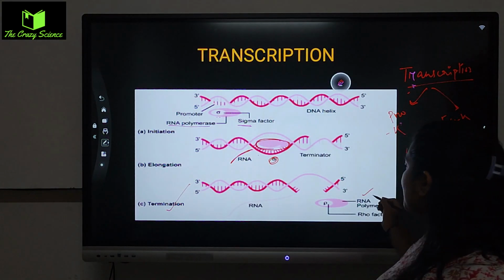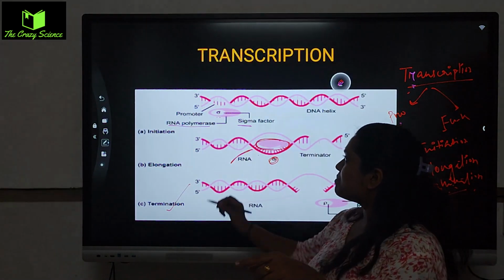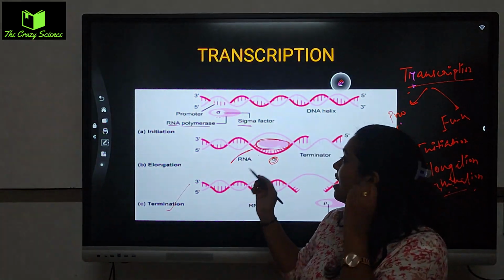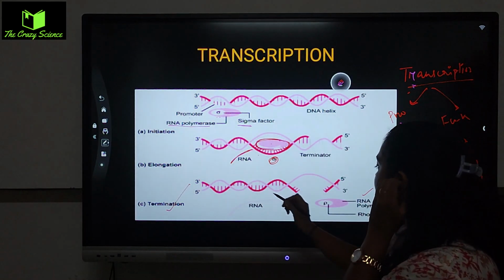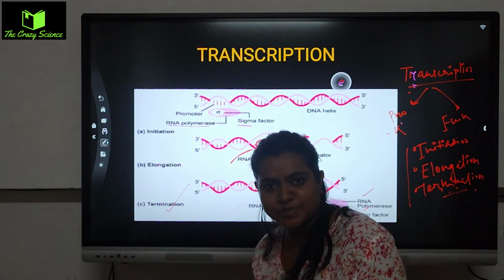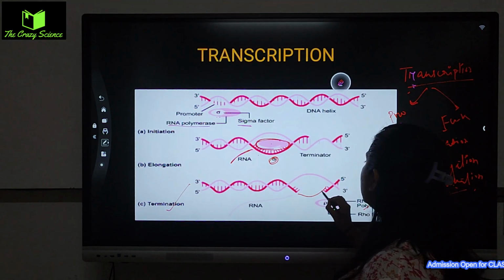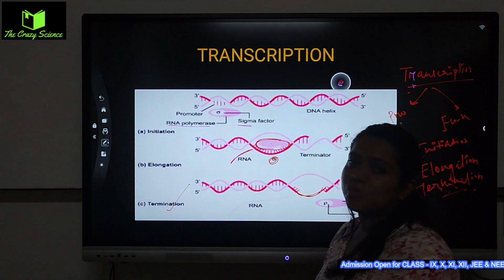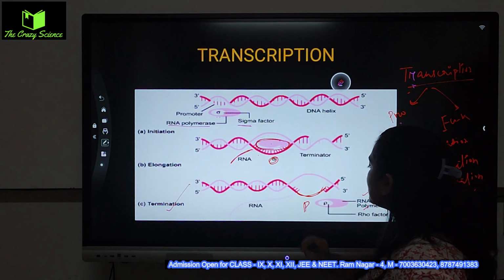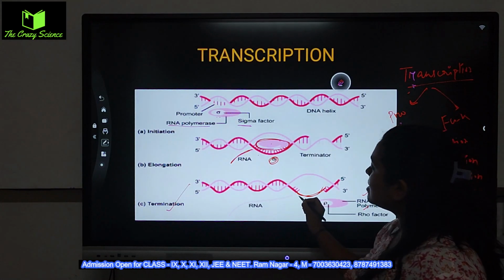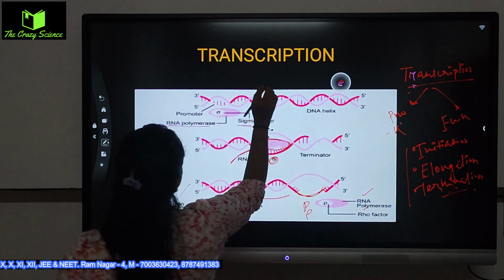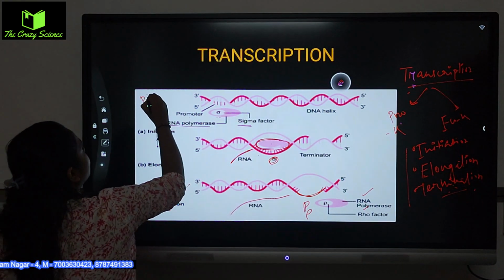where the RNA polymerase is not connected with the sigma now. Sigma was there, sigma had the touch with that, but in elongation sigma already separated. Only RNA polymerase was there. But in the termination you can see that rho factor is attached. Another factor came, and that factor is a terminating factor, and that factor will connect with this one, and the moment the rho factor connects, the RNA automatically will be separated and the new RNA will form, and this diagram is of